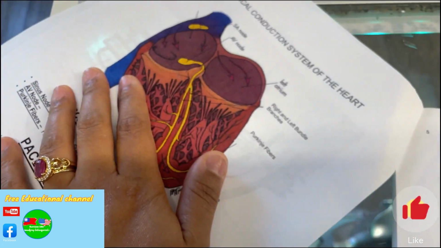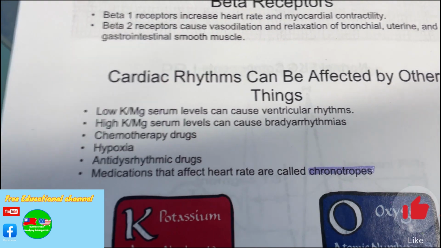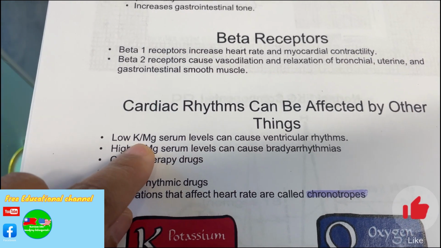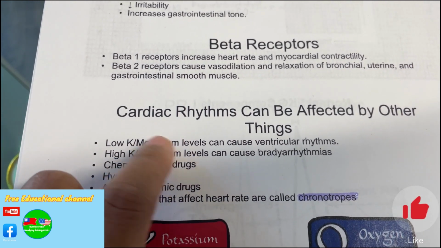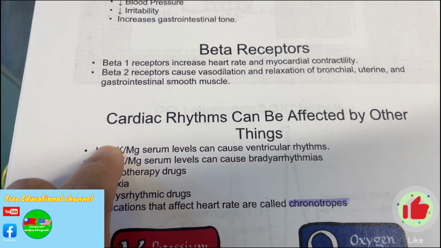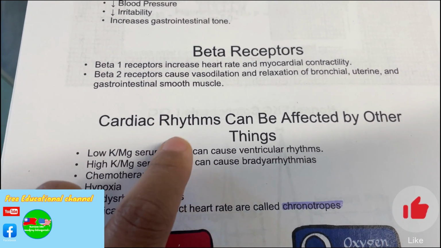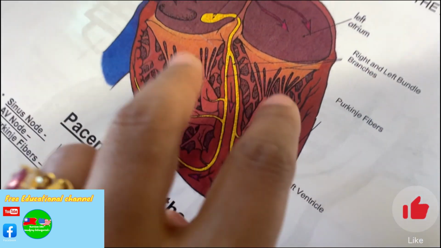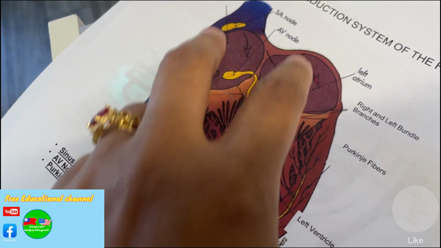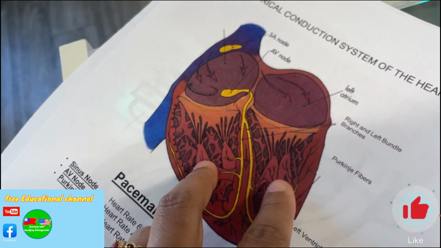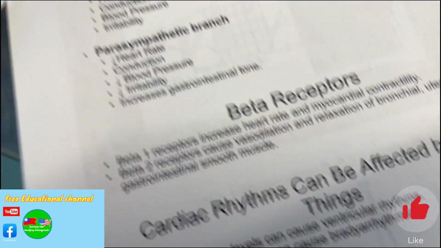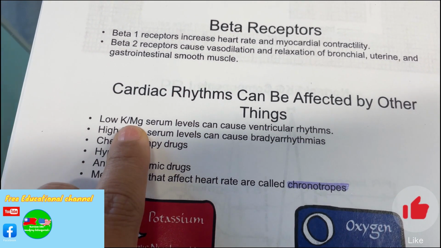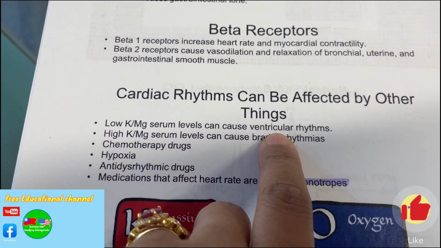Okay, so cardiac rhythms can be affected by other things. Those cardiac rhythms can be affected if you are having an electrolyte problem, like low potassium or low magnesium serum level. Serum means blood. So low potassium in the blood, low magnesium in the blood means you can have ventricular rhythms. This is the atrium, this is the ventricle. The atrium squeezes the blood into the ventricle, and the ventricle squeezes the blood up to the body. So when you have low potassium and low magnesium in the blood, you can have ventricular rhythms,